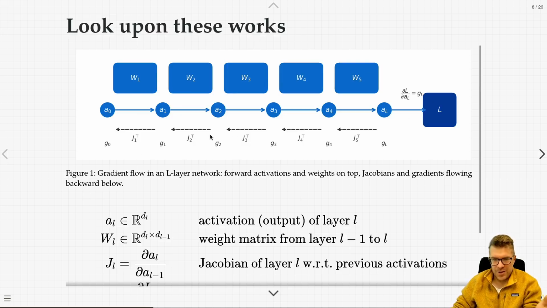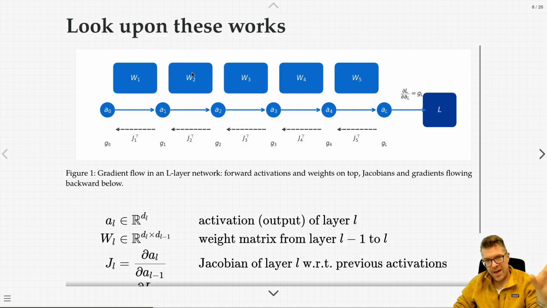This is usually the full game in a lot of courses of this type. We'll have an input, activation a sub 0, which we defined previously as just our raw input x, and we'll multiply it by a weight matrix w sub 1, not shown, and our bias, but it's also here, and we add those together. We apply those to a nonlinear function. This gives us activation at layer 1, and we then pass that